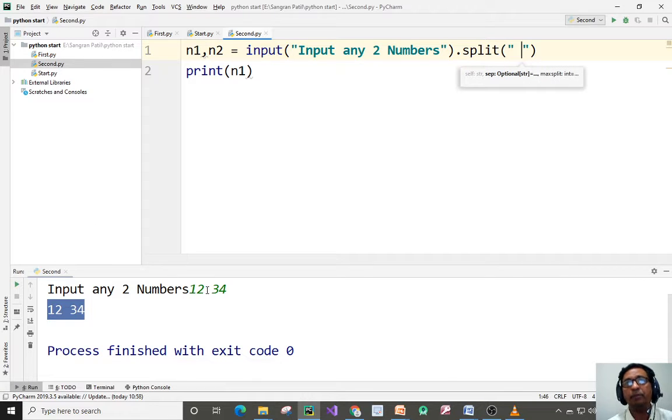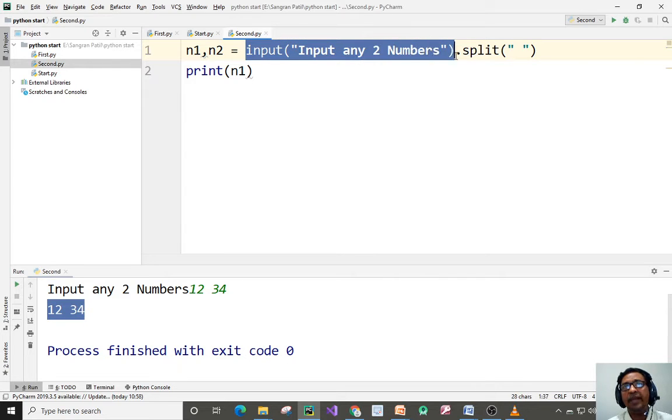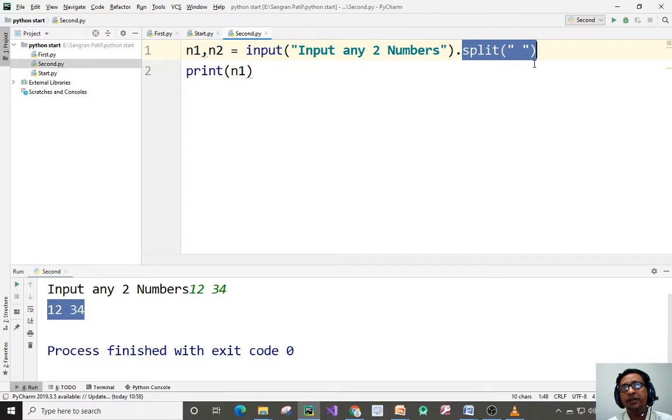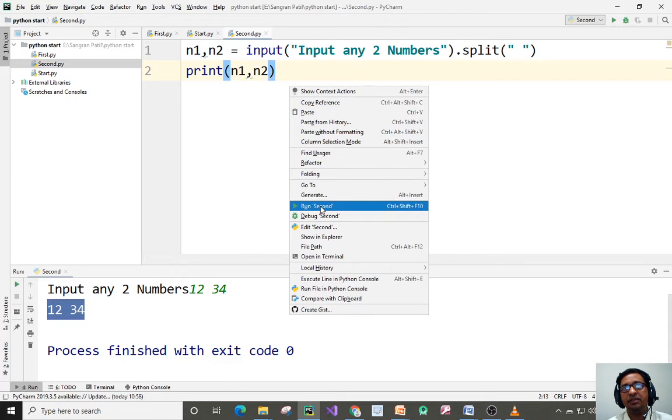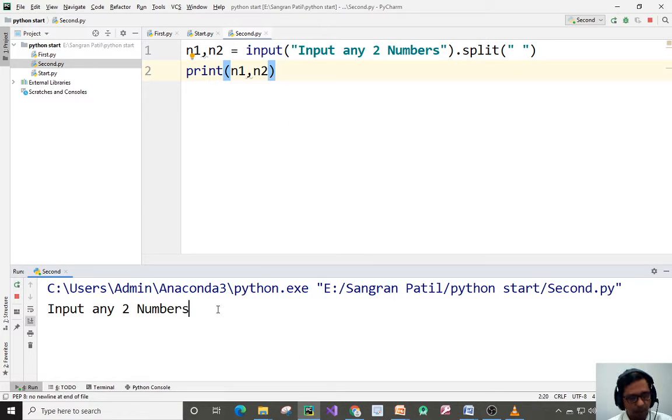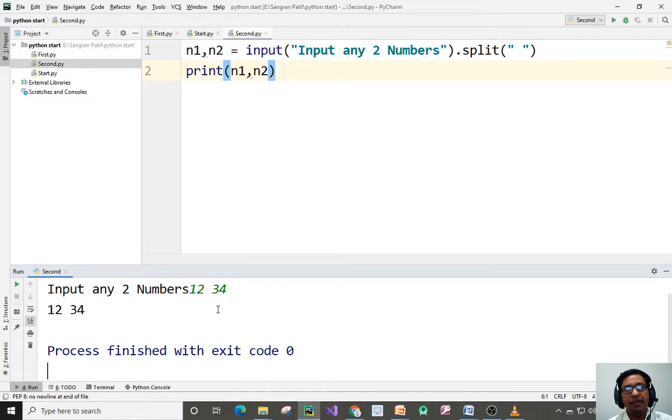When we input 12 blank space 34, it splits on the blank space into 12 and 34 separately, and n1 gets 12 and n2 gets 34.